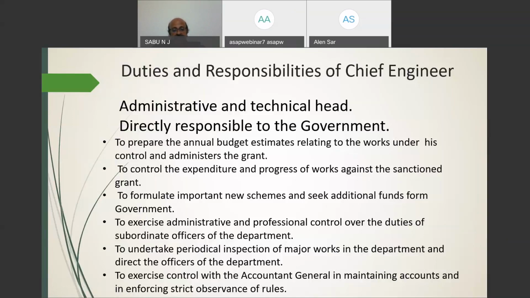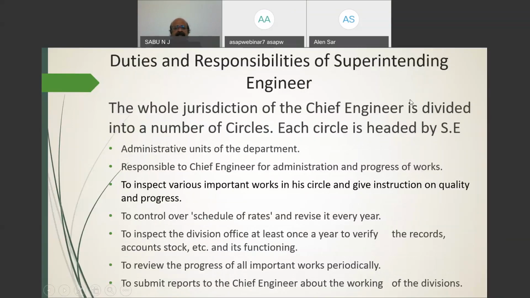So he has to work concurrently, in a coordinated effort with the accountant general's office. So there may be some financial areas, and there are some duties that have to be discharged by him. Okay, then another thing is